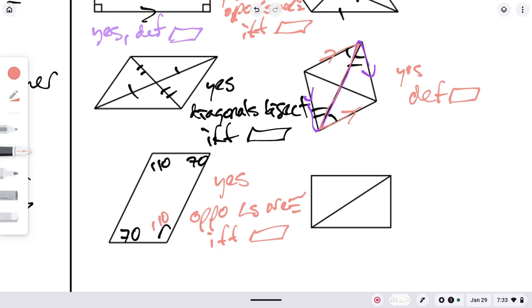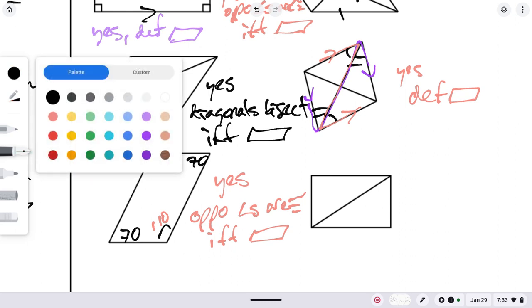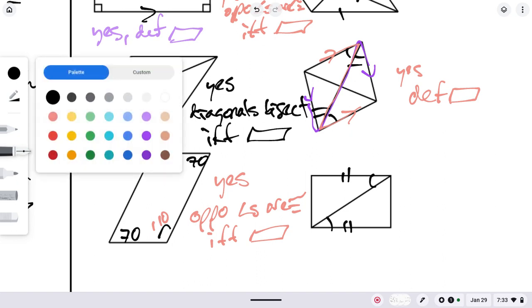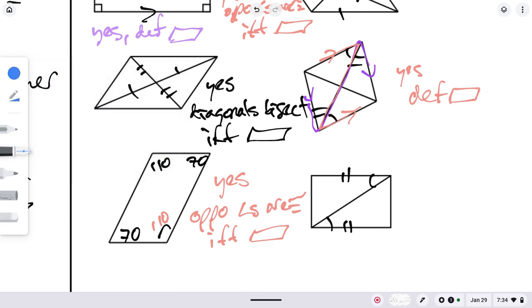And then my last one here, I should have some marks to start with. Sorry, I was trying to figure out what they were. So I knew that opposite sides here were congruent, and I knew these two angles were congruent. So, fastest way to do this would be to use that new theorem that we added in today. Since I do have a Z here, I also know that these two sides are parallel. So this is definitely a parallelogram because